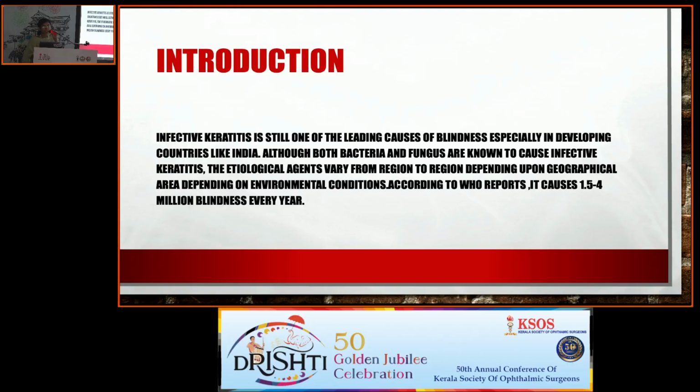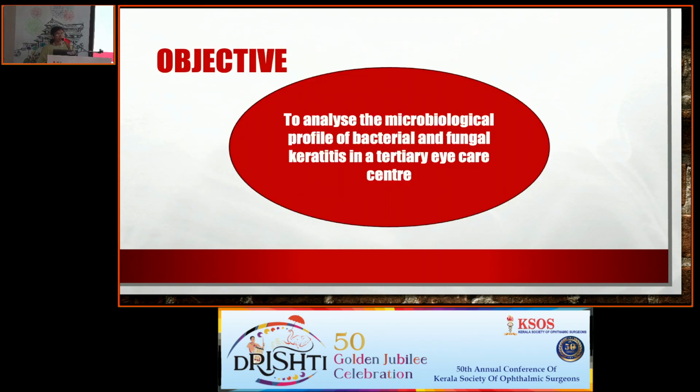Known to cause infective keratitis. The etiological agents vary from region to region, depending upon the geographical area and the environmental conditions. According to WHO reports, infective keratitis causes about 1.5 to 4 million blindness every year. The main objective of my study is to analyze the microbiological profile of bacterial and fungal keratitis in a tertiary